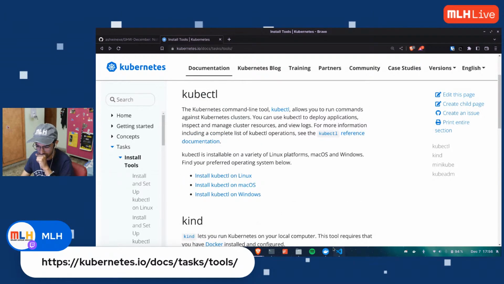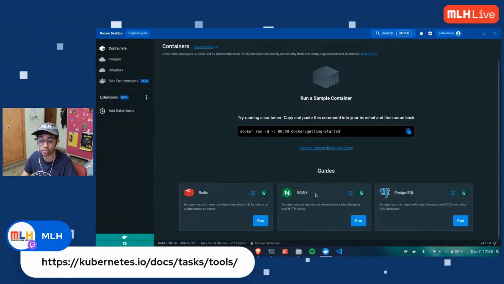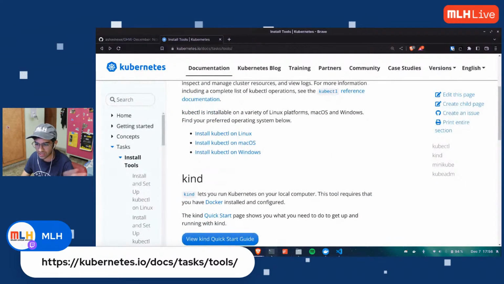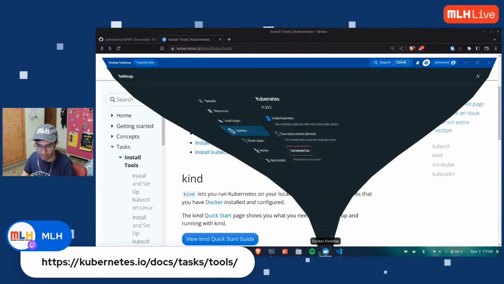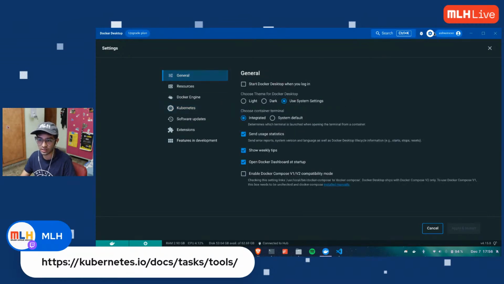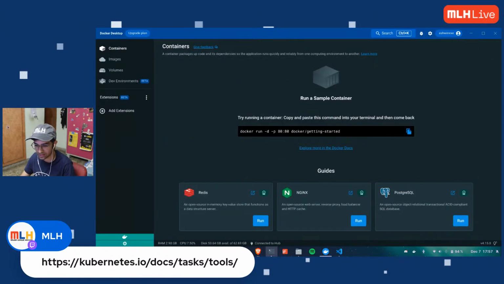I believe if you have Docker Desktop installed, you don't need to install anything else. It has Kubernetes built in. It says right here, and it should have kubectl installed already. If not, just type kubectl and check, and maybe let me know, because I have it installed. So I believe Docker Desktop is one solution. If you are just starting out with Kubernetes, it has everything that you need. So you don't need to worry about installing A, B, and C.